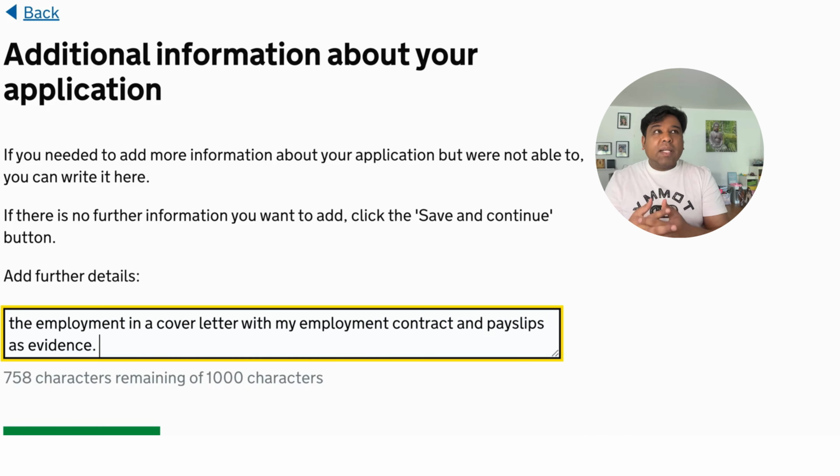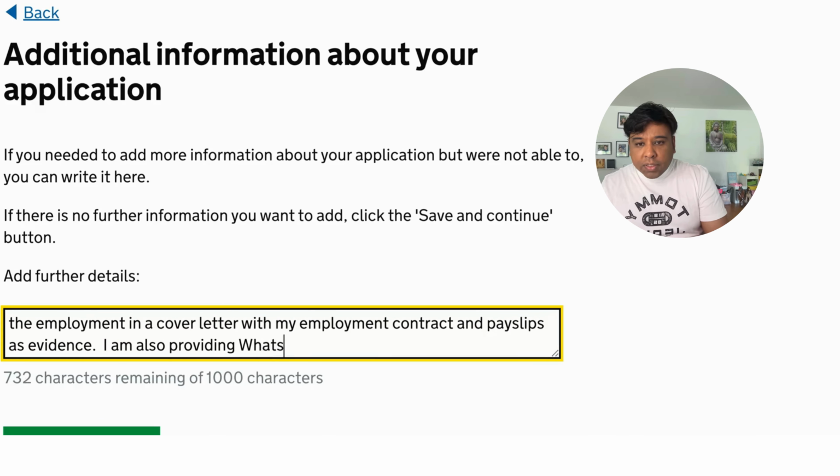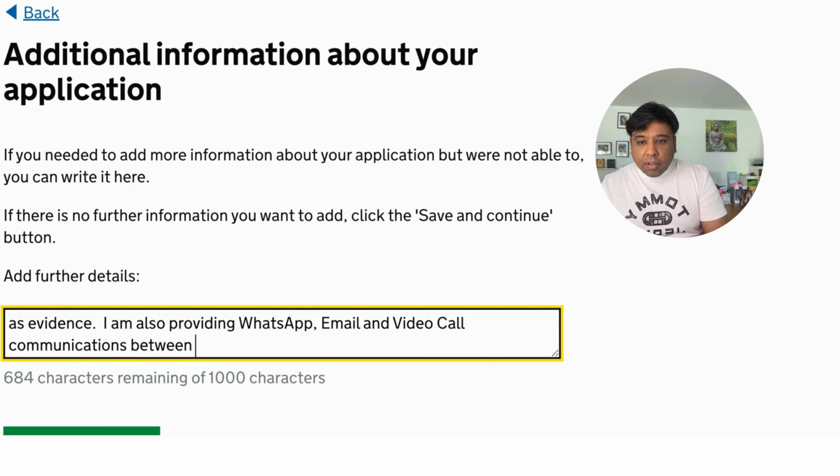Imagine you have certain circumstances where you have not shared any bills or whatever it is, or you are not allowed to live together until you formally get married. So you can provide some cultural details. So you can also write, I am also providing WhatsApp, email, and video call communication between me and Amit